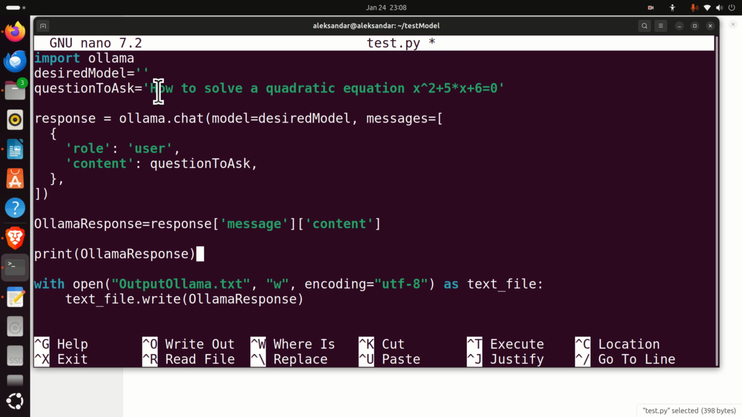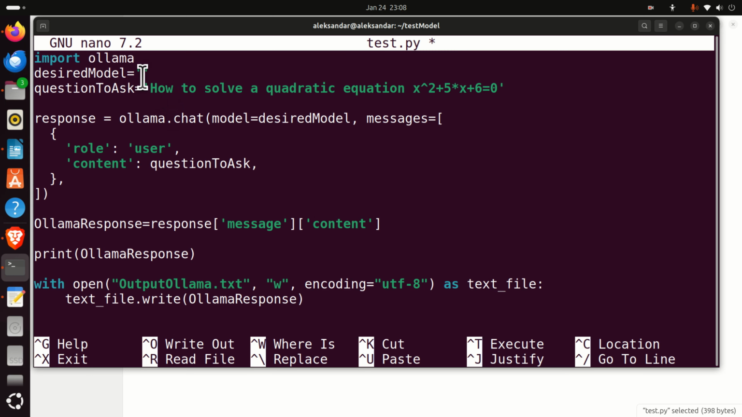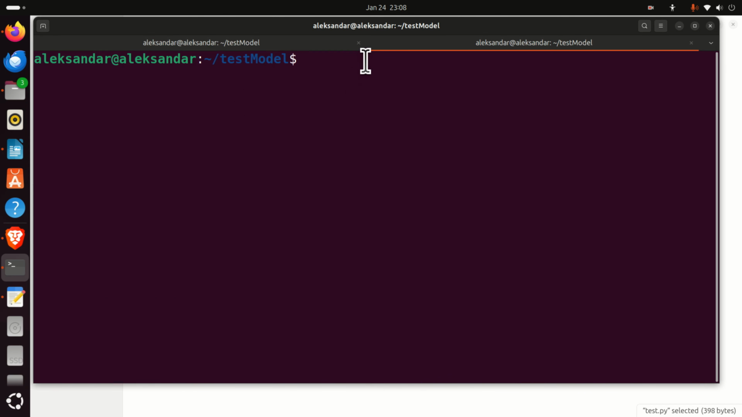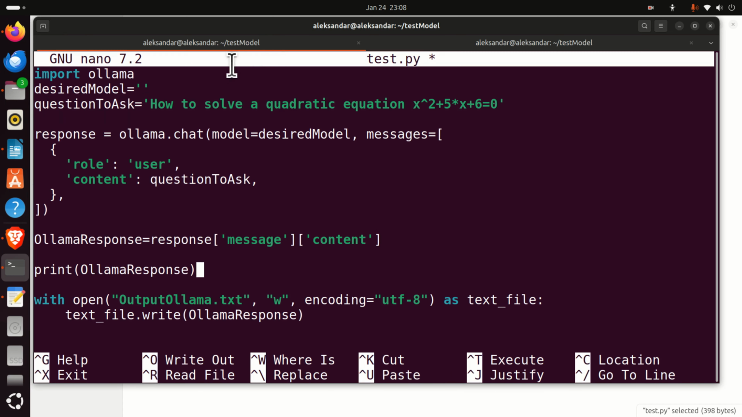And let's explain this file line by line. First of all, we are importing Ollama. Then over here we need to specify the desired model. The name of this desired model is precisely the name that Ollama gives us. Consequently, open a new terminal and type ollama list, and you can see all the models. So let's try to run this model over here. Simply copy the model and paste the model name over here,